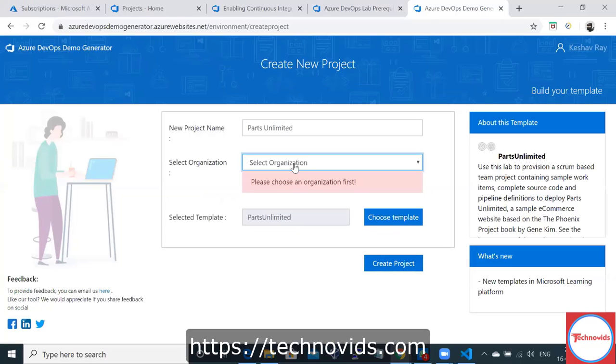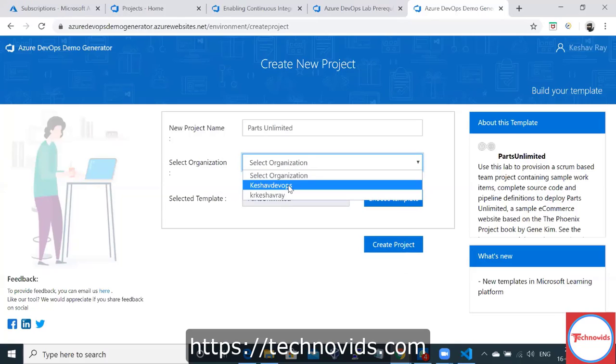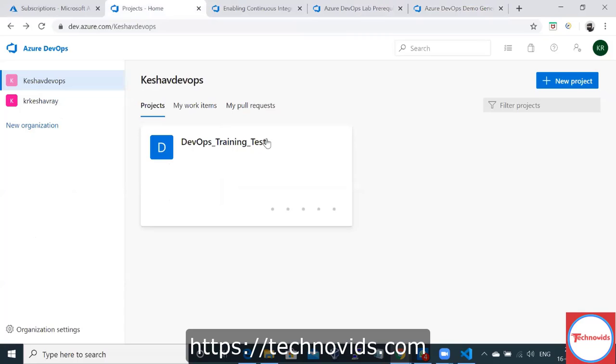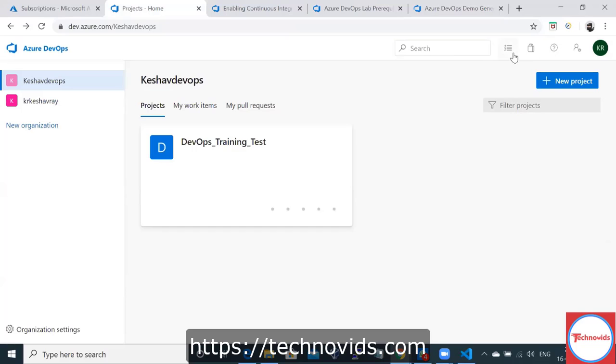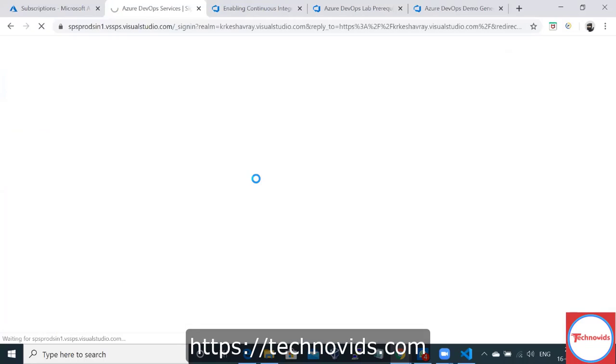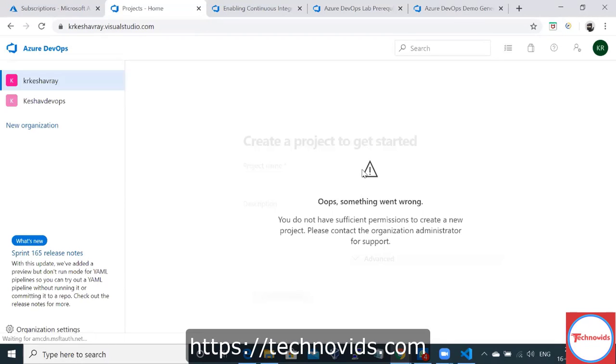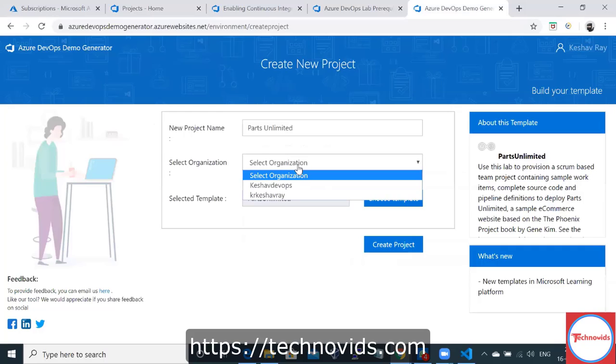So I'll create the project. Let me create a new organization here itself. Okay, nothing is here. Great. So we'll use this.